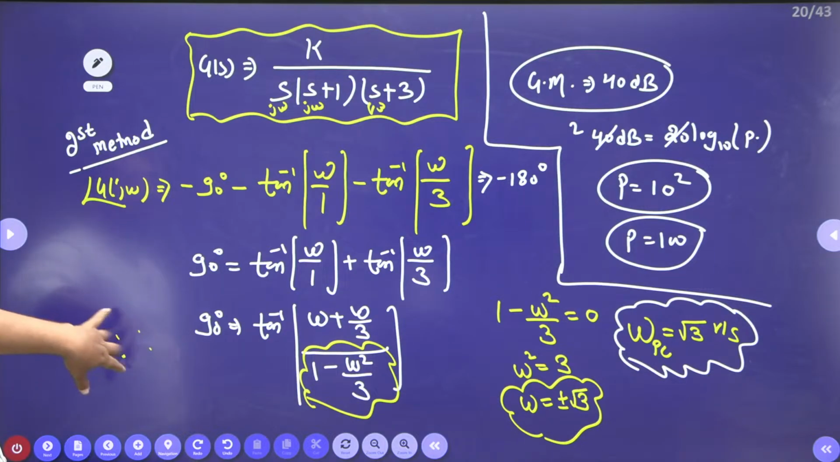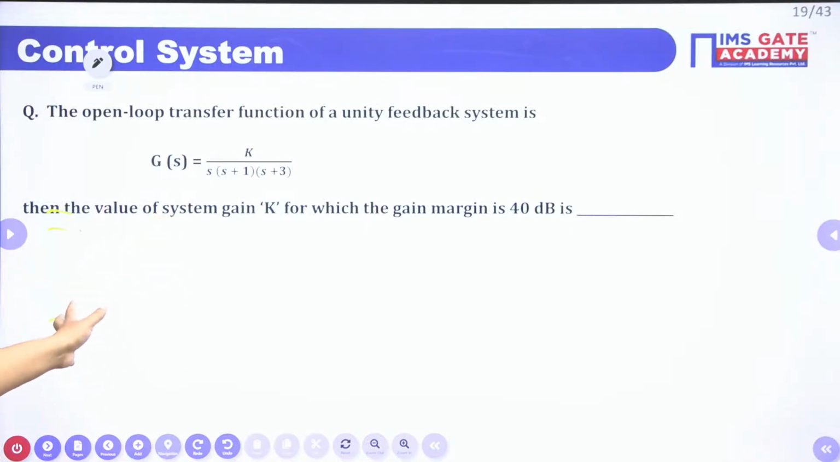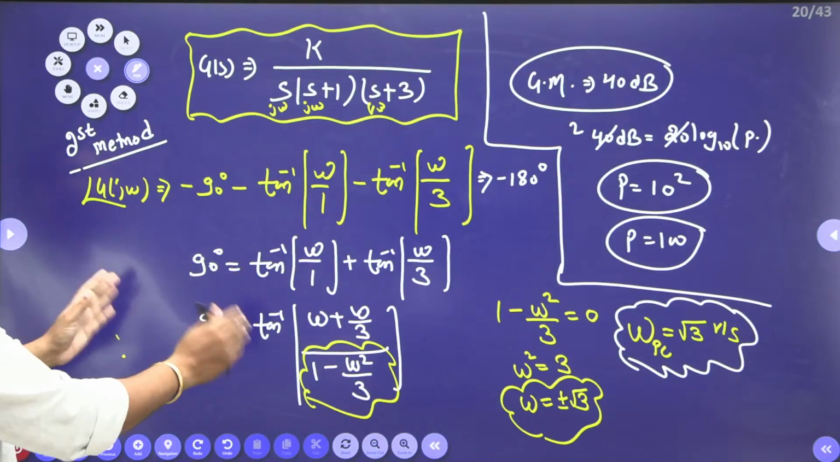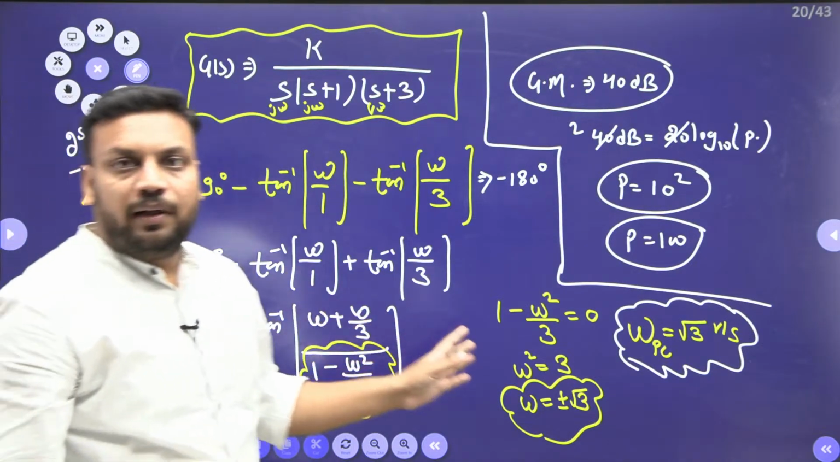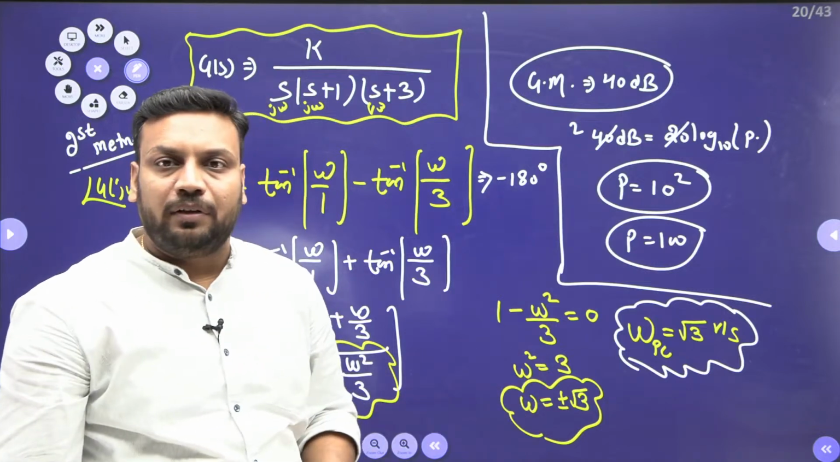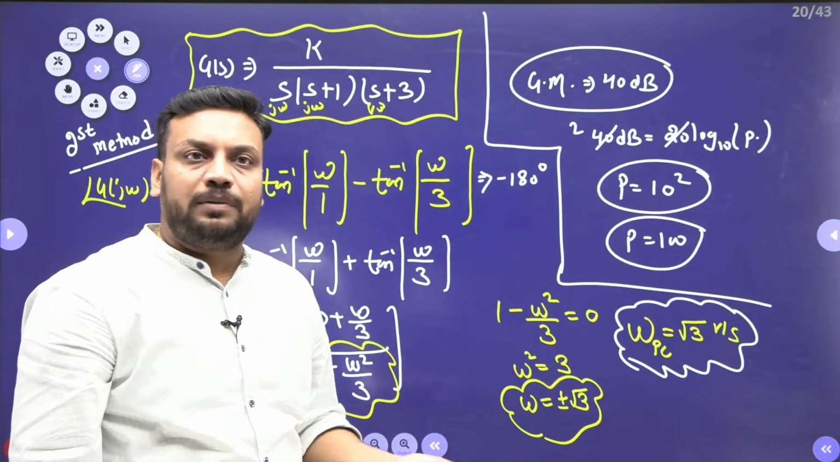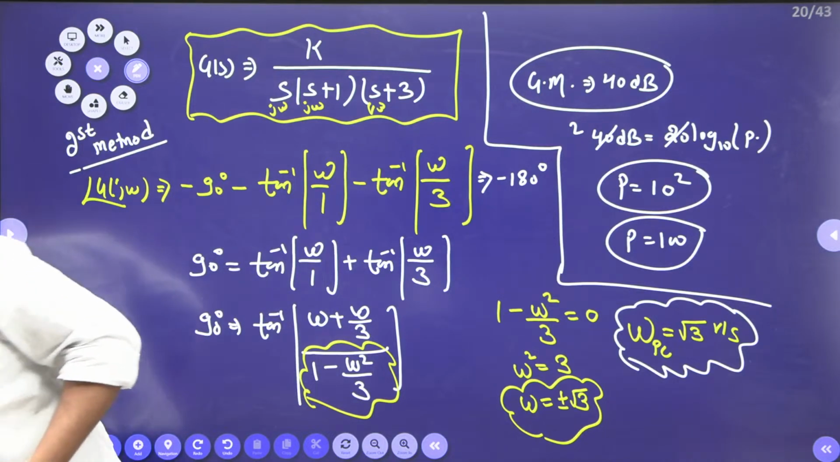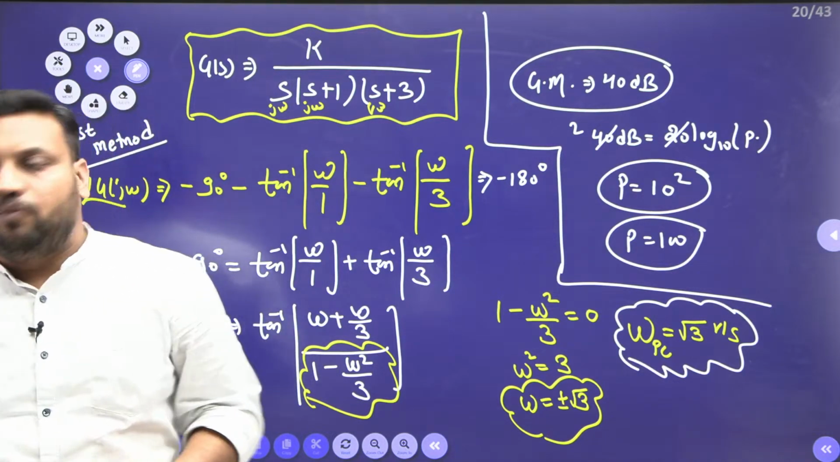Just like the last question, here also you can find out the ωpc. This question we have solved. I told you this is the first method to find out ωpc, the angle approach. What is the other approach to find out ωpc, guys? If you wish to find ωpc now,